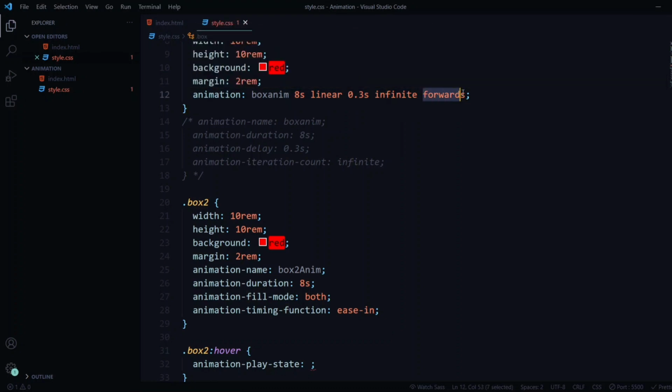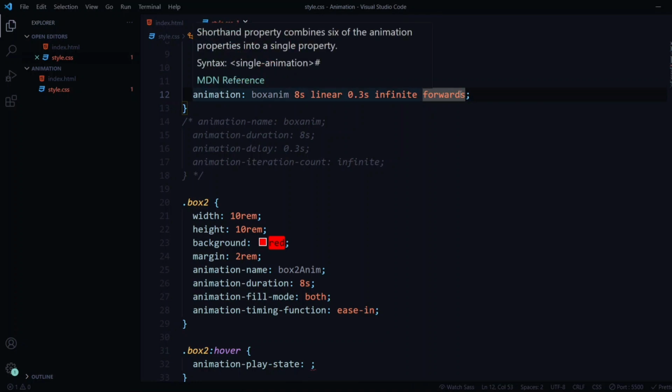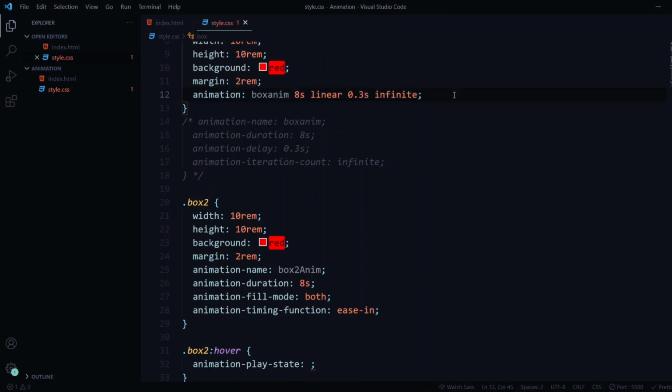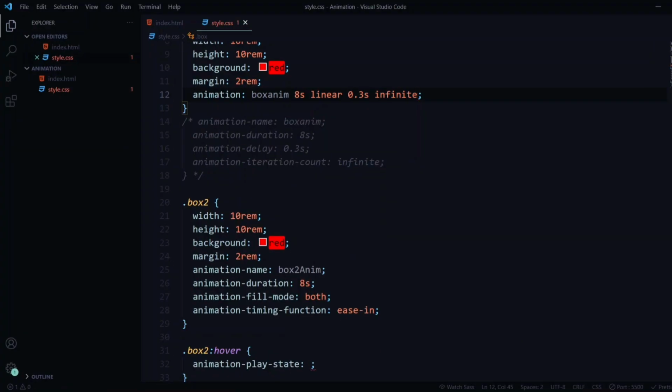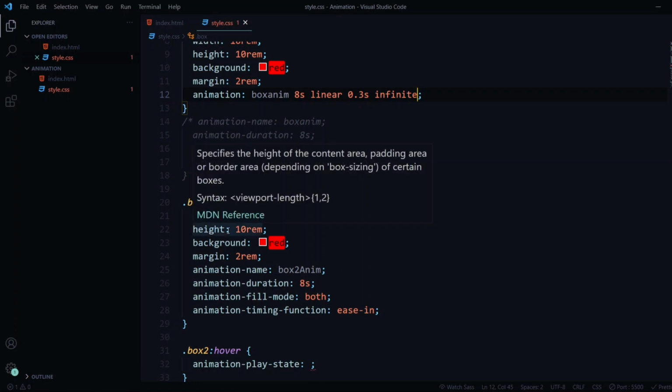Even if I remove this direction, it won't really matter. If I remove this and save it, you can see it still works. We use direction for a reason, but if you remove it in the second box, then it will work differently.